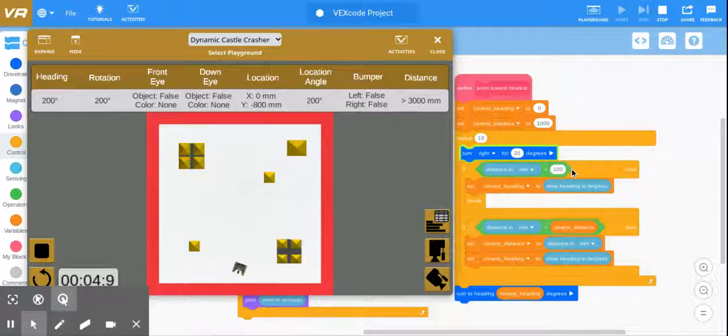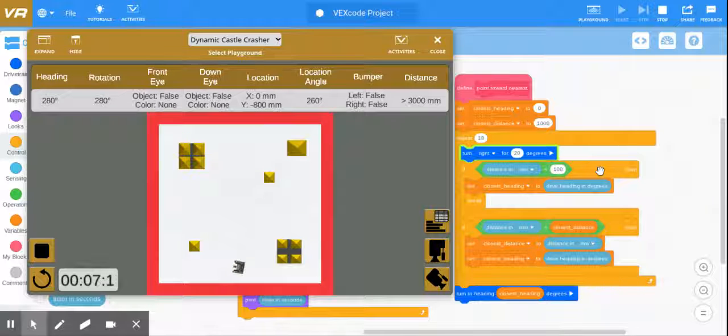Okay, very quickly. So what I've added is another if loop. If the distance is less than 100, then just set the new heading, and break, which gets me right out of the loop, which means I'm not even worried about whether it's the closest or not if it's that close. I'm just going to